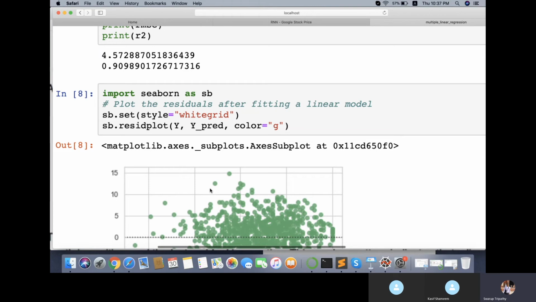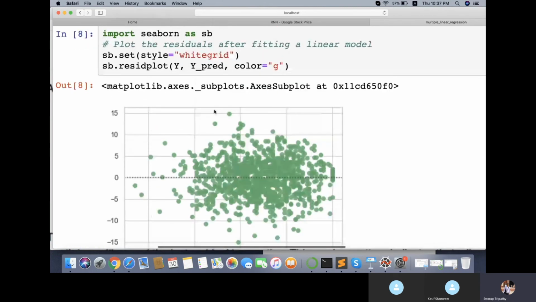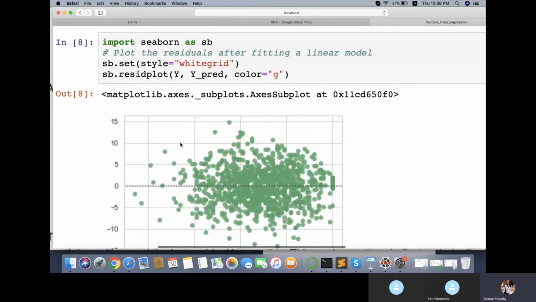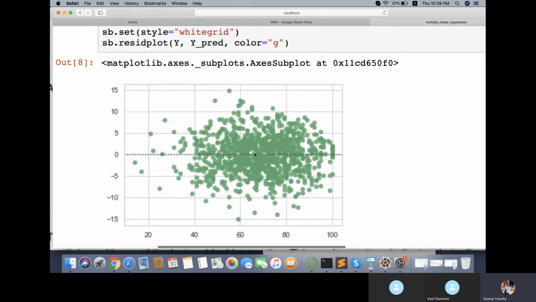Okay, now see here, in this plot you see there is a dotted line. This is the center line. This dotted line is nothing but the regression line. A regression line always passes through the center, like we have already seen earlier. So here we see an equal amount of data on the positive as well as the negative side. We have a fairly random amount of data on the positive as well as the negative side of the residual plot. In this kind of scenario, we can infer that it's a good fit for linear models. The residual plot tells us if the model we used is right or not. We used a linear model, that is linear regression, so it's correct.